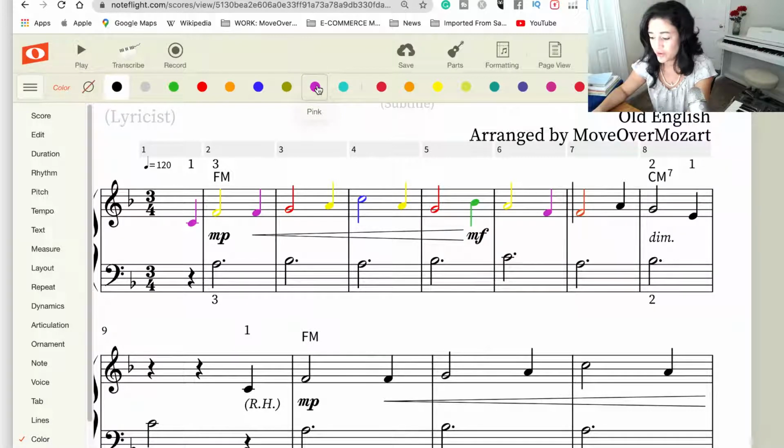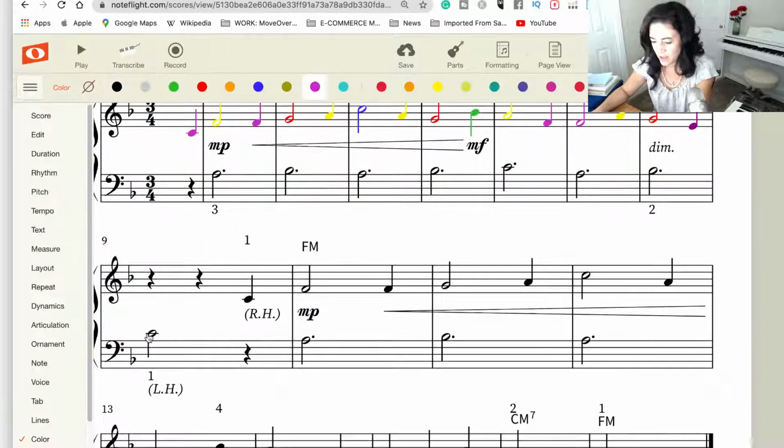Oh yeah, another cool thing you can do is, if you have a set of repeated notes, highlight those notes and then click the color. We don't really have repeated notes, well, 2 repeated notes, but you can do that if you want. So that's a purple. 3 is yellow. 2